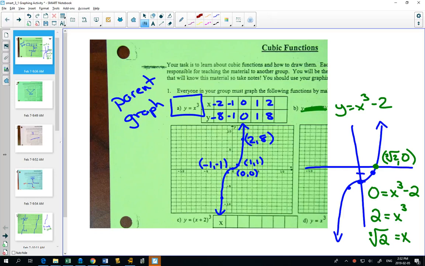So that's just a little review for solving x-intercepts and y-intercepts. You've done that a lot in grade 10 and grade 11, and you do it a lot again in grade 12. Finding x-intercepts and y-intercepts is really important. Sometimes you can just see it easily from the graph. Other times you have to do it algebraically, like in this case. So tomorrow's class,